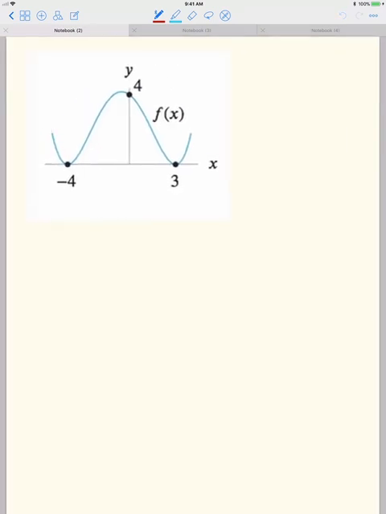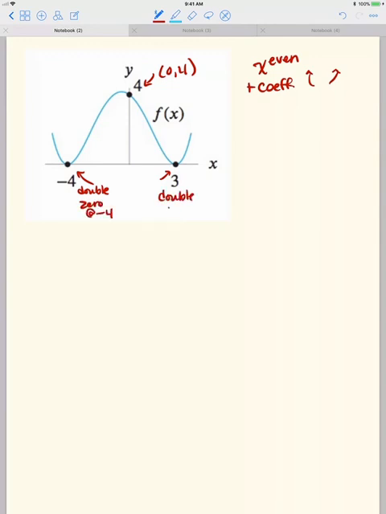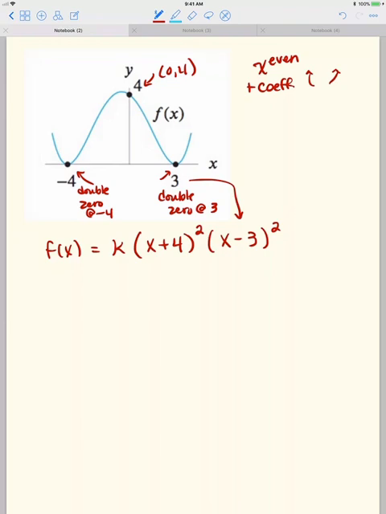All right, last one. Another even degreed polynomial with a positive leading term for the coefficient, just based, again, on end behavior. We have a y-intercept at 4, and we have 2 bounces. So we have a double 0 at -4, and another double 0 at +3. So when I go to write the function, I do x plus 4 squared and x minus 3 squared. Again, whatever the 0 is, you change the sign